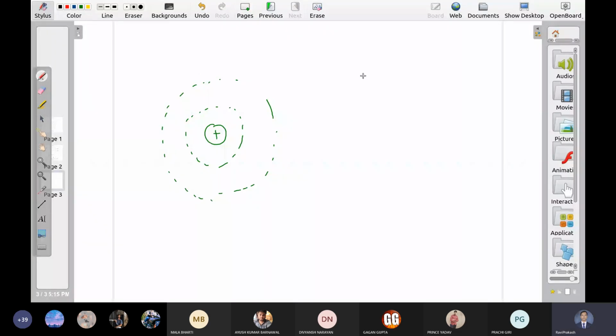In nth orbit, the number of electrons is 2n square, right? So we can have 2 electrons in first orbit, in second orbit we can have 8 electrons. But not only this,